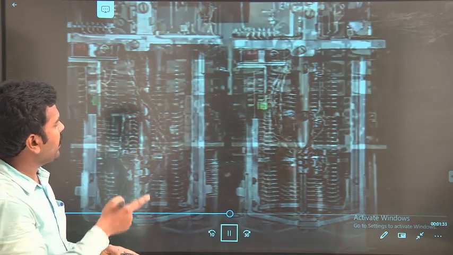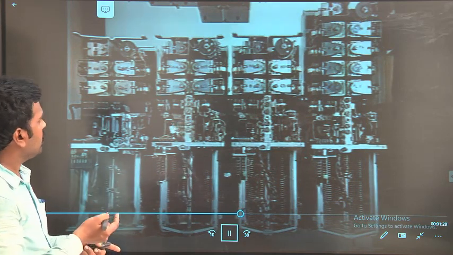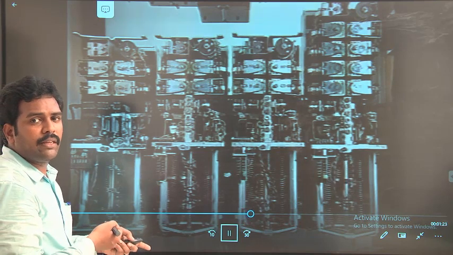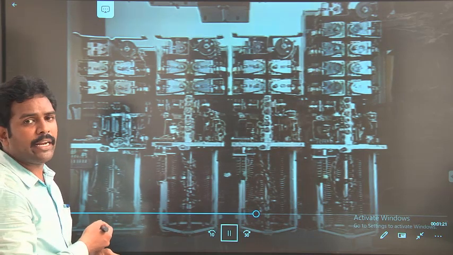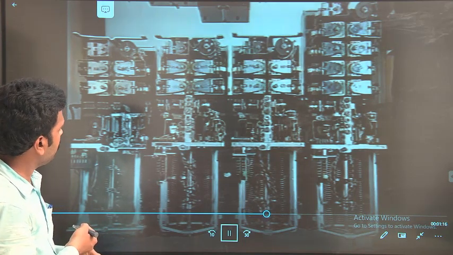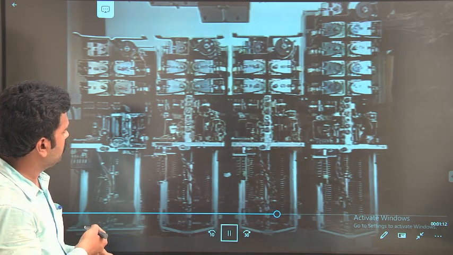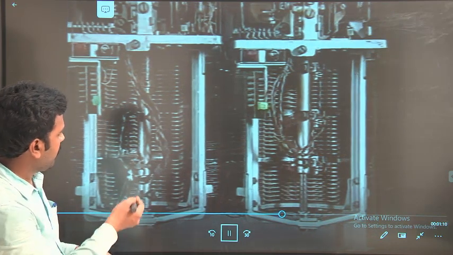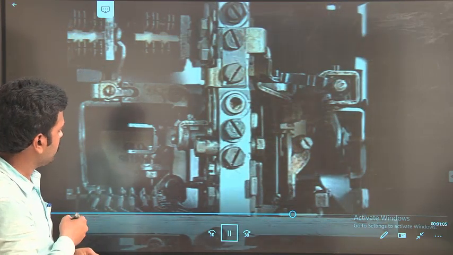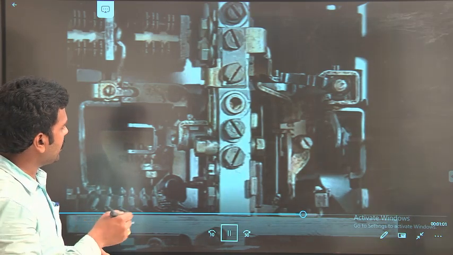If you observe clearly, it contains a large number of moving parts. As it contains more moving parts, the device may get damaged quickly. So frequent maintenance is required in case of Strowger switching systems. At the end of the video, you can also see the horizontal motion, that is the uniselector motion. Wait for a minute, you can see how the uniselector switches operate.